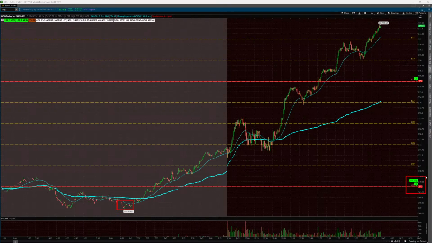QQQ trading above its volatility trigger at 370, and that is also the absolute gamma strike. And then the call wall for QQQ remains at 380. And I forgot to mention shifts in levels for the S&P 500. So for SPX and SPY, the volatility trigger shifted lower. And also for SPY, the absolute gamma strike also shifted lower to 430.